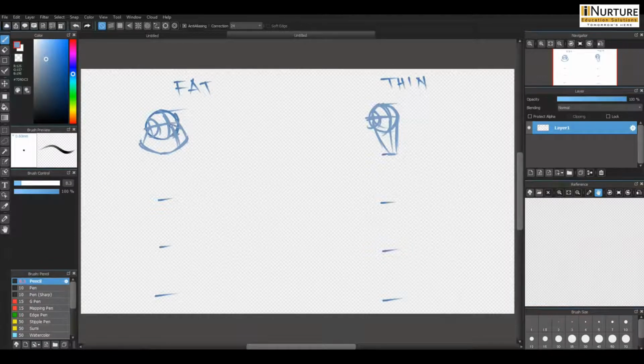Then construction. The construction is the very basis of your character. It will ensure that the proportions and the shape are strong. Then after construction, tracing. Once you have sketched a rough version of your design, the next step is to trace it. Tracing lets you determine the final look and line style of your drawing, as well as refine its features.